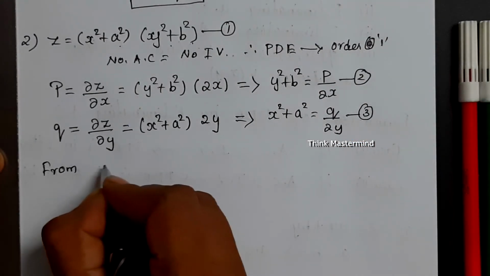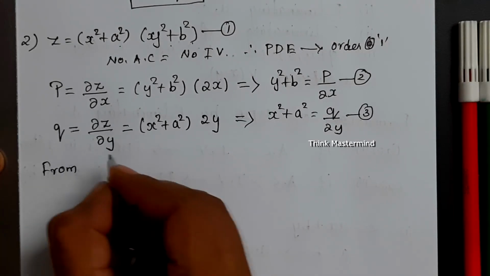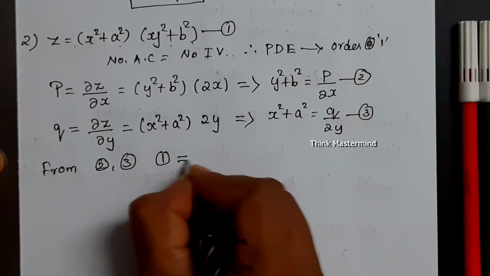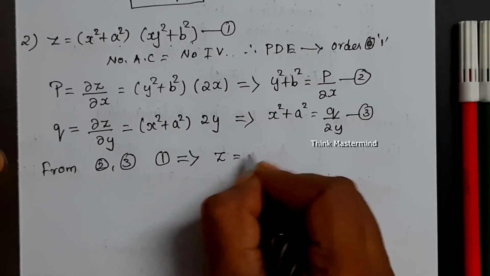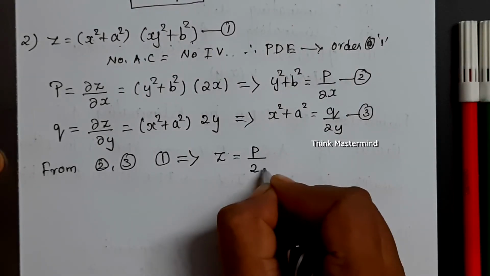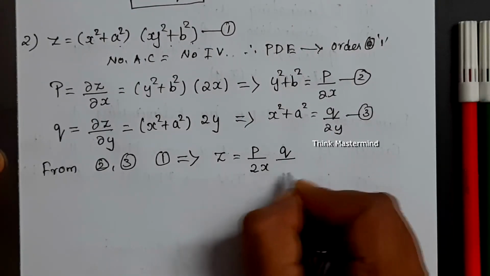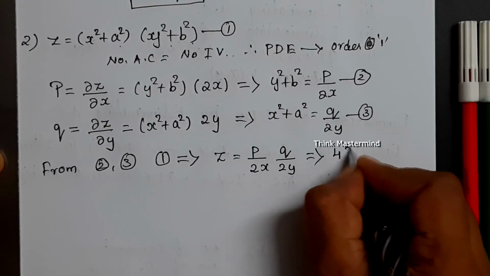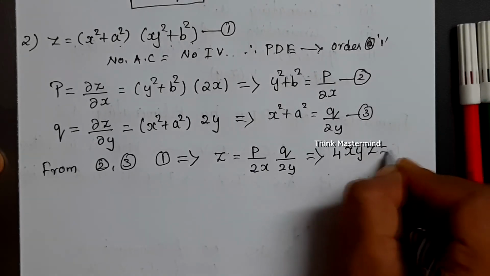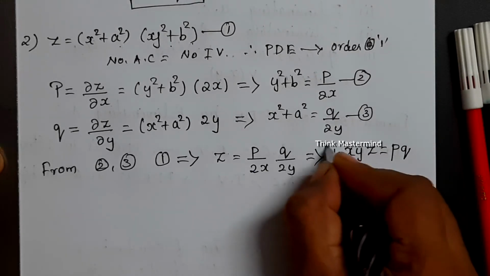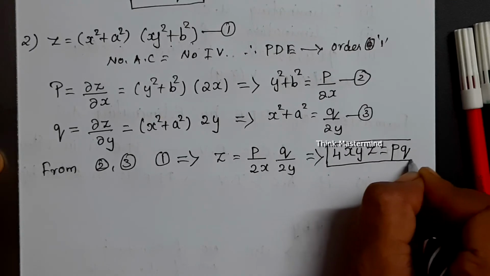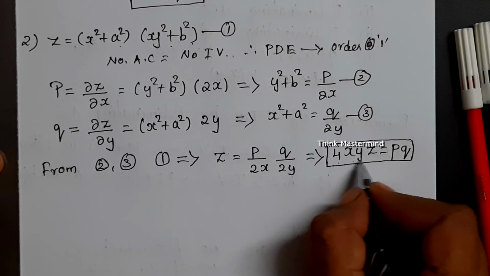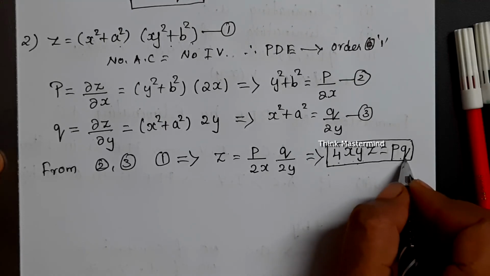Our aim is eliminating arbitrary constants a and b from 2, 3. From 1, it implies z is equal to p by 2x into q by 2y, that is 4 times of xy, z is equal to pq. Just cross multiply the left hand side and right hand side, we are getting the partial differential equation as 4xyz is equal to pq. Next one,